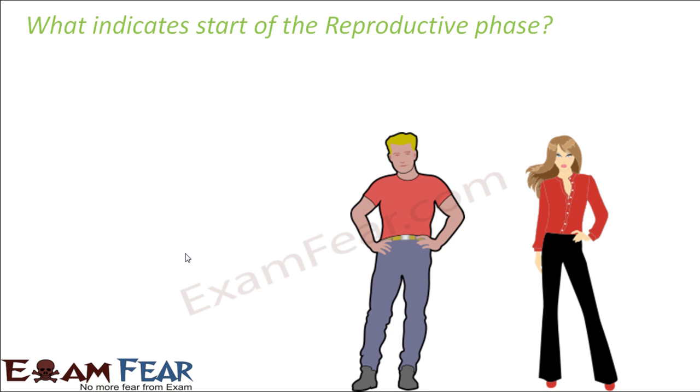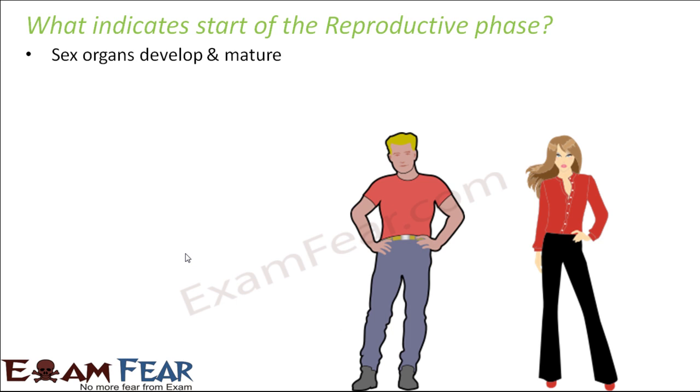Now the most interesting and important question is, what indicates the start of the reproductive phase? How do we know that the reproductive phase is going to start? The first phase was the juvenile phase, where there is no reproduction. As long as the juvenile phase continues, you are basically enjoying your childhood. Now, as soon as the reproductive phase starts, you are about to enter, or you are actually taking a step